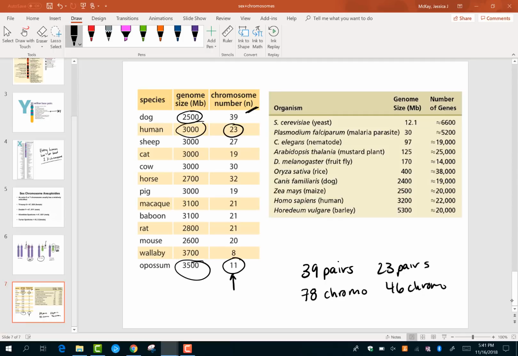But genome size doesn't really matter because what might be more important is the number of genes. And unfortunately, I couldn't get everything to line up here, but we do have dog, right? So they say about 19,000 genes, right? A little bit smaller genome. Humans, about 22,000 genes. Even though our genome is larger, we don't have that many more. And then you can look at Arabidopsis, which is not on here. So Arabidopsis is 2n equals 10, so it has 5 pairs, really small genome. Potentially more genes than humans have, with a much smaller, like 10-fold smaller genome size